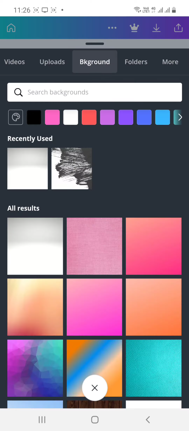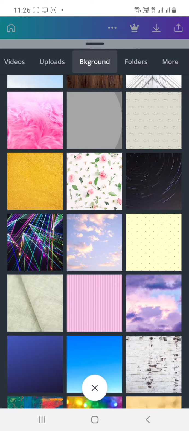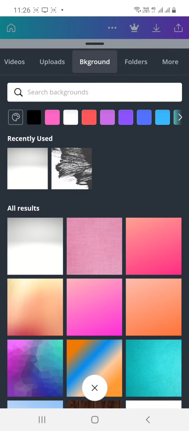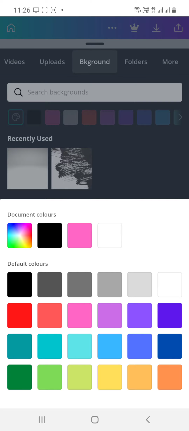Just click on the option and you will see there are so many colors over here. On the bottom side they are Canva colors. Now I will show you all the basic terms. We will not go into more detail because they are simple, but these are basic things you need to know. See, there is black color, pink color and every color. On the left side you will see a small icon, something like paint. We'll click on the paint option.